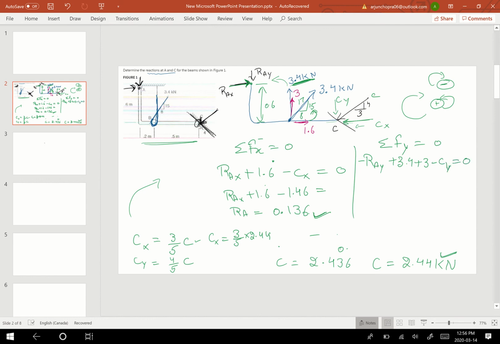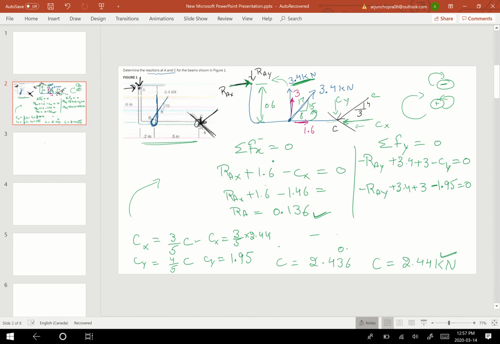And we know the value of cy is equal to 4 multiplied by 2.44 divided by 5, which comes out to be 1.95. So this is negative 1.95 equal to 0, and this is plus 3.4 plus 3 negative RAY,